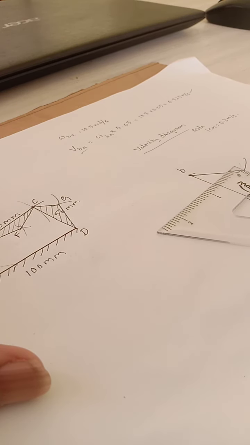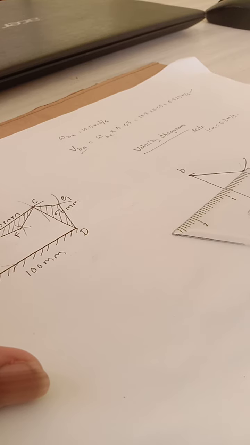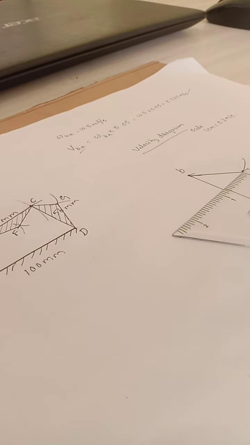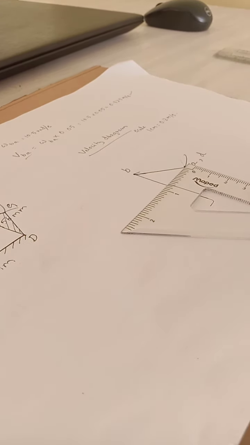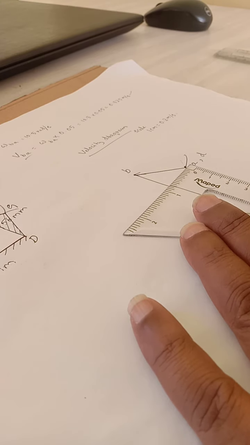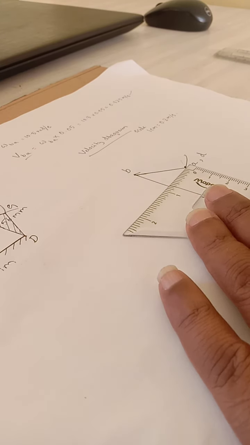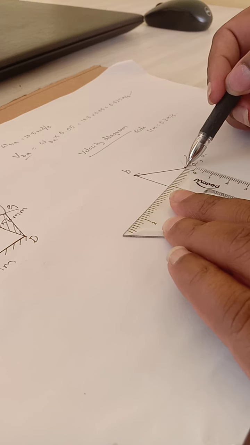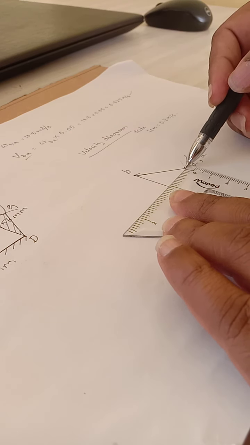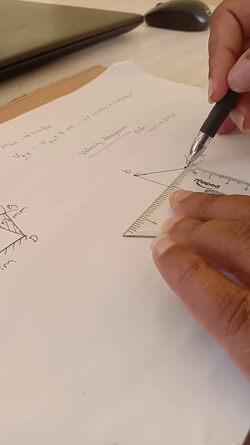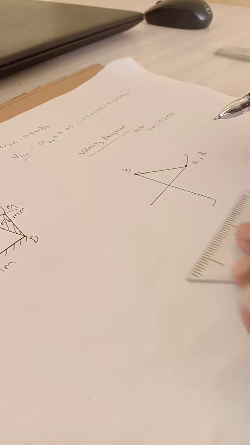I'm just carefully shifting that. Okay, so that thing you have to do. You can use the roller scales, or a set square is also possible. Now also I don't know the length, so I'm just drawing an arbitrary length.